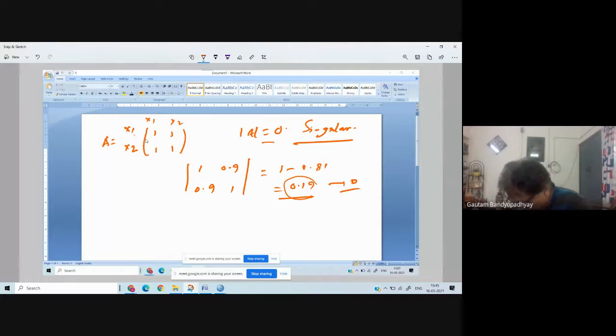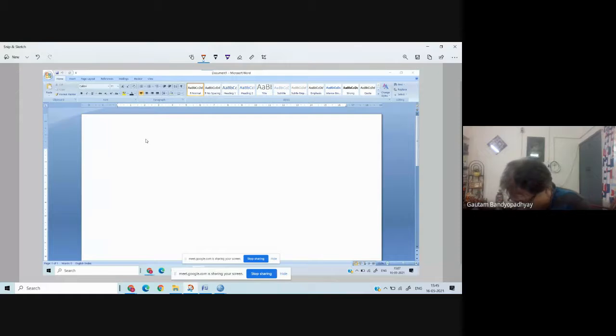So now the question is, how do we check the multicollinearity? How do we check the multicollinearity? This is very, very important. So for the multicollinearity,